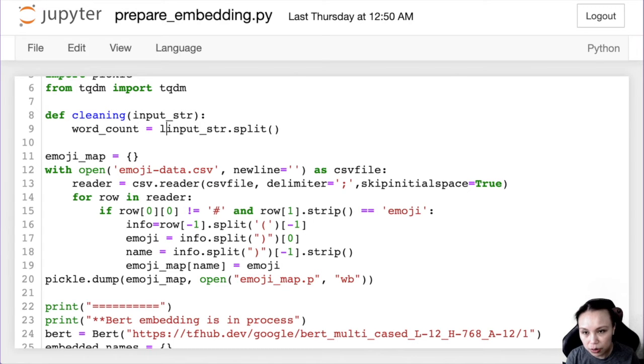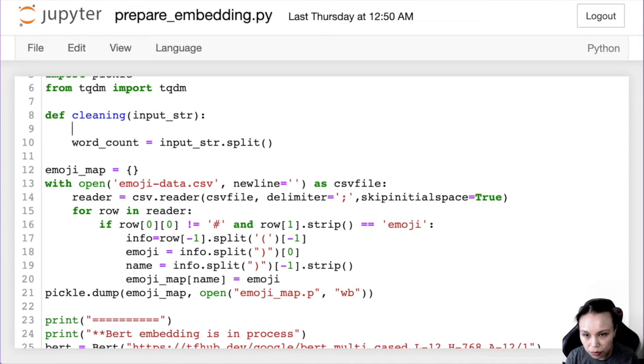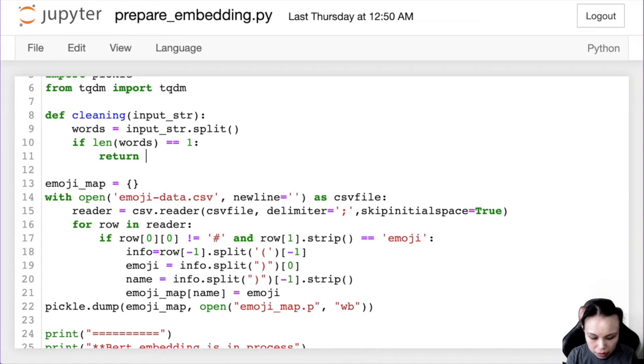Oh, actually, I could do it one step more. So words, right? It will be a list. That would be the length of it, right? So I don't even need this right now, because if the length of words equals 1, then I will just return the input string.